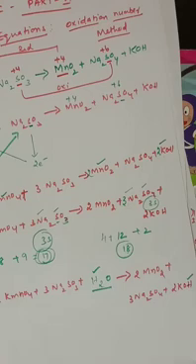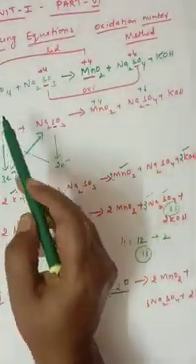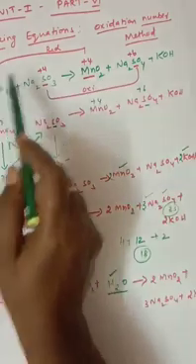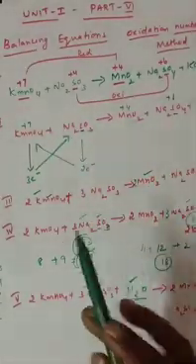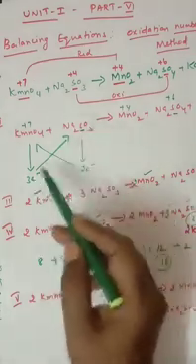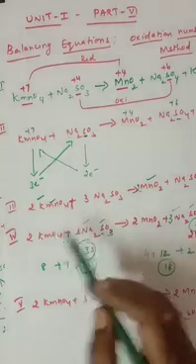So understand, children, this method you are going to use for next equations also. What are the first steps? You have to practice for all the equations like that. First you are writing the skeletal equation. Second you are adding the oxidation number, where the oxidation takes place, where the reduction takes place. Understand? As well as we are writing the electron transformation as well as the cross multiplying. Next we are balancing.